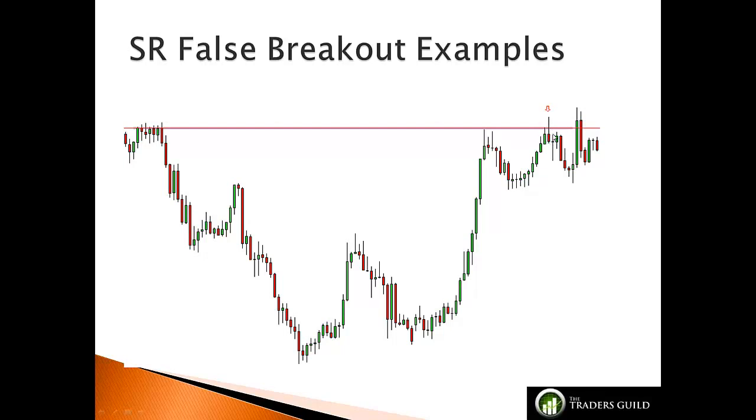And the important thing to look at as well in terms of rejection isn't always about the size of the false break. Yes, that's important because you need to be able to conclude that stops have been hit and that the breakout trader orders have been triggered. But if you look at the rejection on this bar in terms of where it closed, it didn't close right at the SR. It's a material rejection in terms of the whole bar relative to,